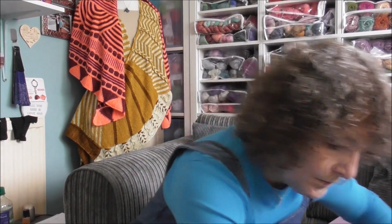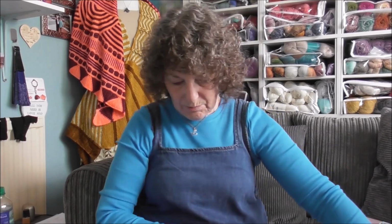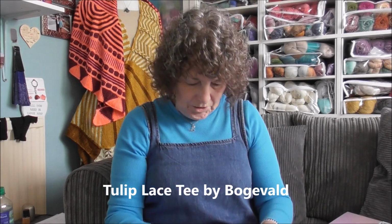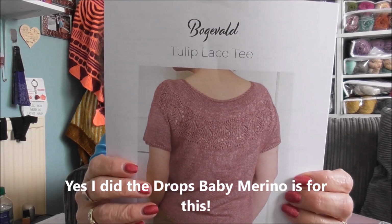So that is my yarn haul and the patterns that I've bought for them. I've got to find the other one. Right, so I treated myself to 2 new patterns. This one is the Tulip Lace Tee, and I have a feeling I might have bought that for this. So it's Boggerwald, the Tulip Lace Tee,